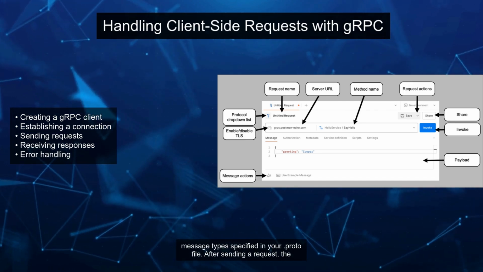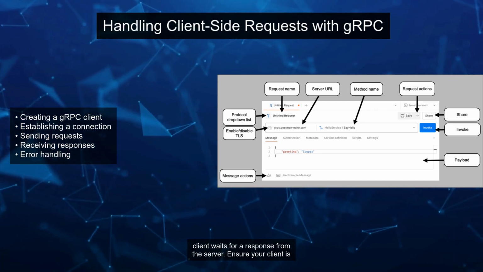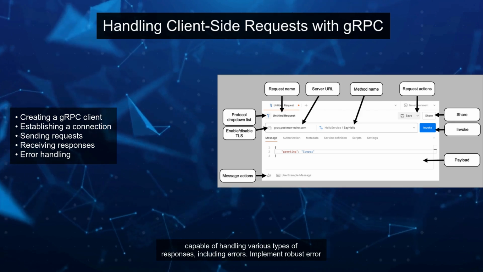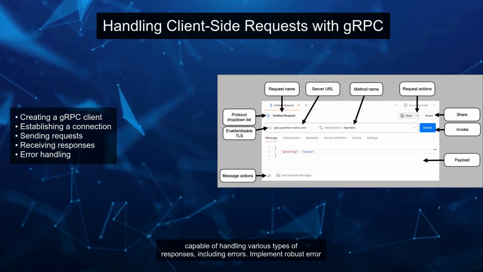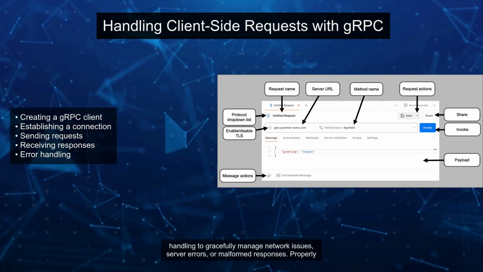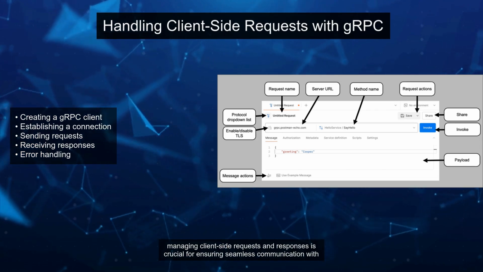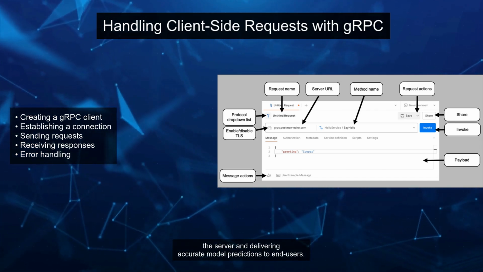After sending a request, the client waits for a response from the server. Ensure your client is capable of handling various types of responses, including errors. Implement robust error handling to gracefully manage network issues, server errors, or malformed responses. Properly managing client-side requests and responses is crucial for ensuring seamless communication with the server and delivering accurate model predictions